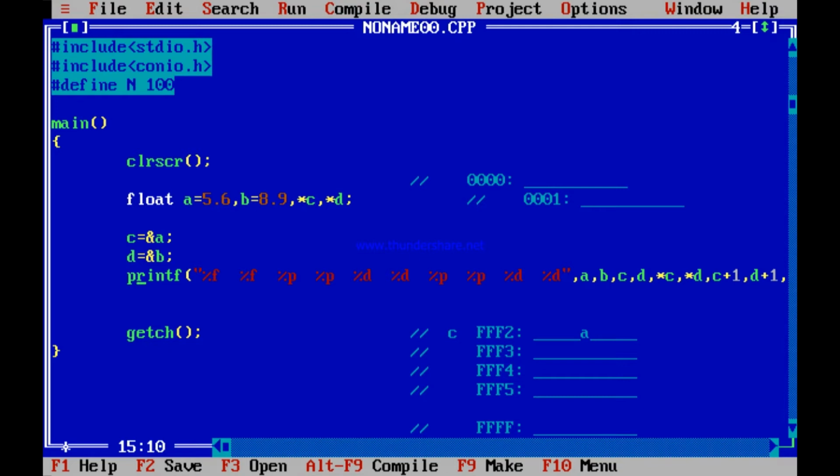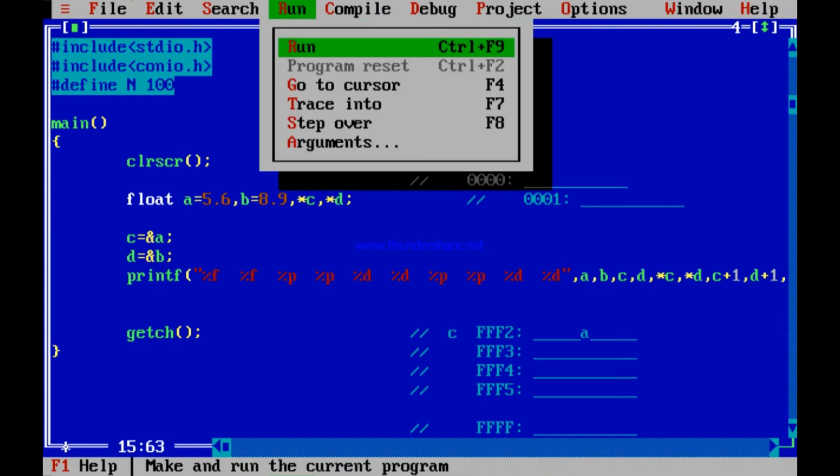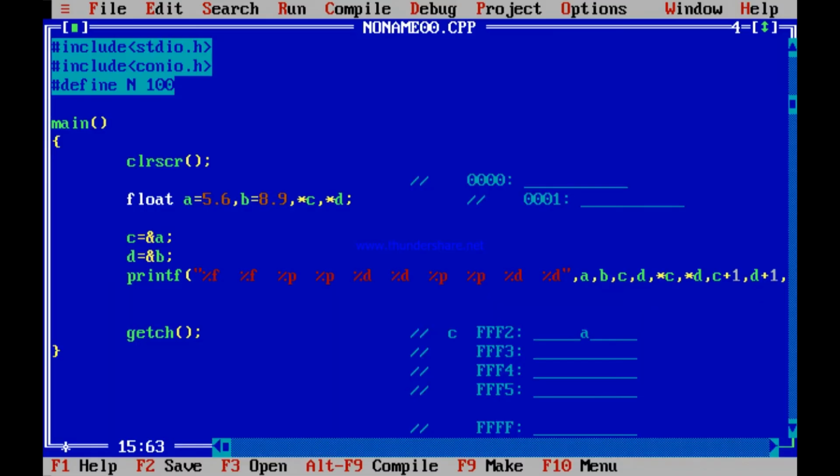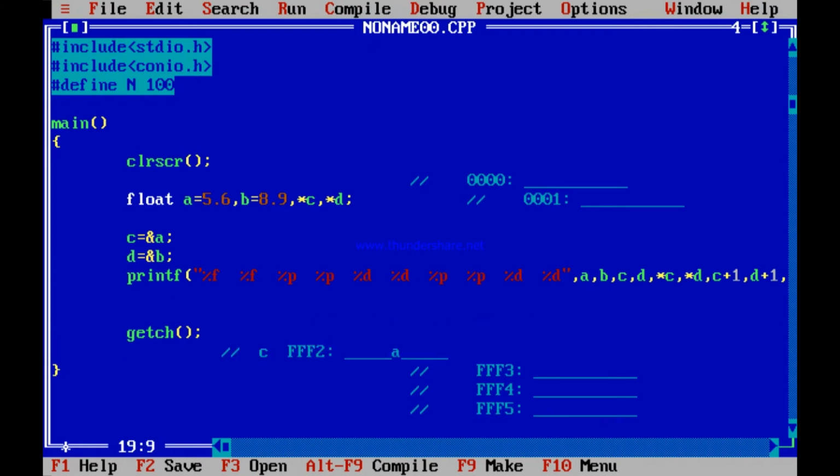When I am printing D with %P, the fourth one, it is showing FFEE. So what is FFEE? Before FFF2, I will just put enter and explain, because you need to have some space.